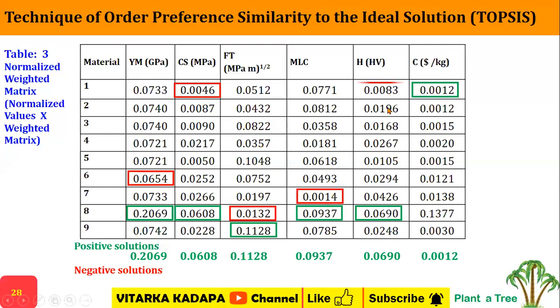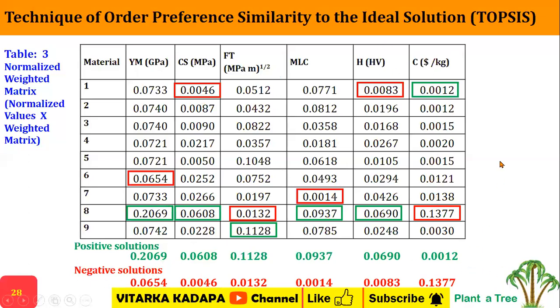Among this column, this is the lower value. And cost is a non-beneficial attribute. So for the positive solution, we have already selected the lower value. But for the negative solution, we have to select the highest value. This is the highest value. Okay, so these values I have noted here, 0.0654, 0.046, like that I have noted the positive solutions and